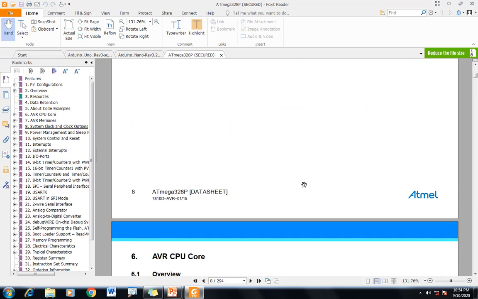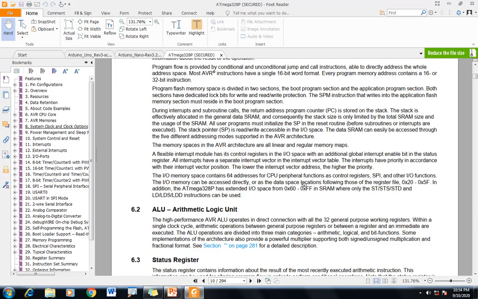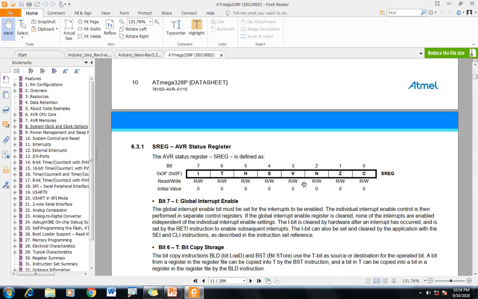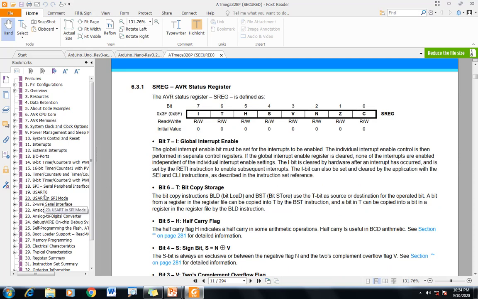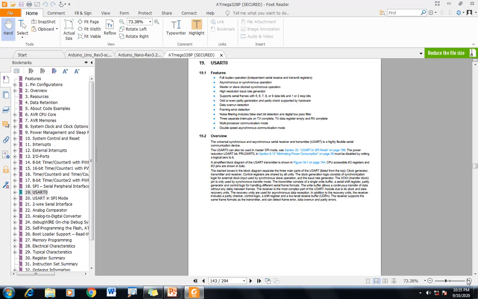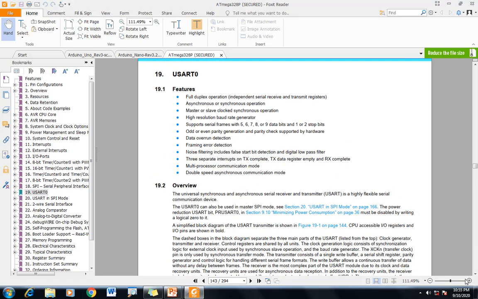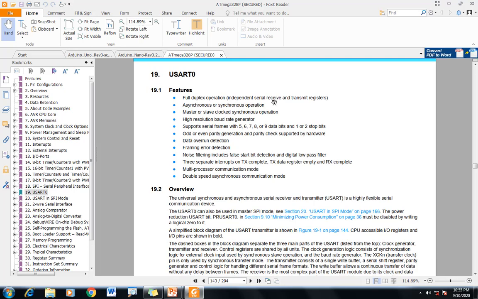You can see here, for example, if you are writing handwritten code by yourself and you have to configure UART, it says it is a full duplex operation, framing error detection is there.